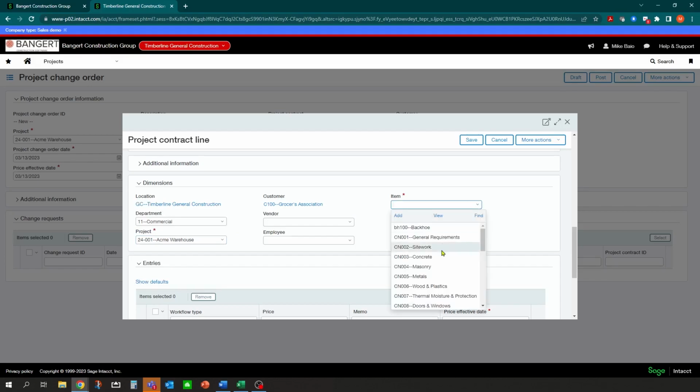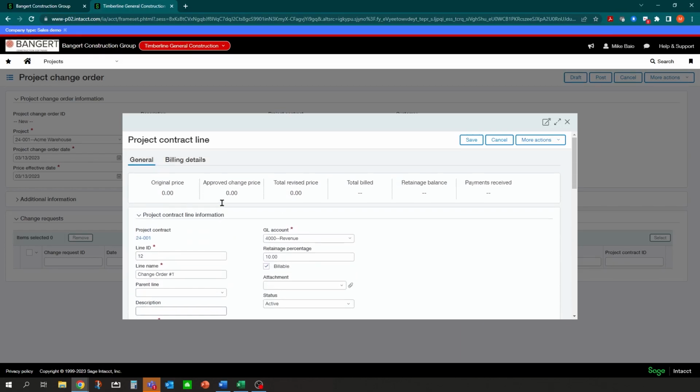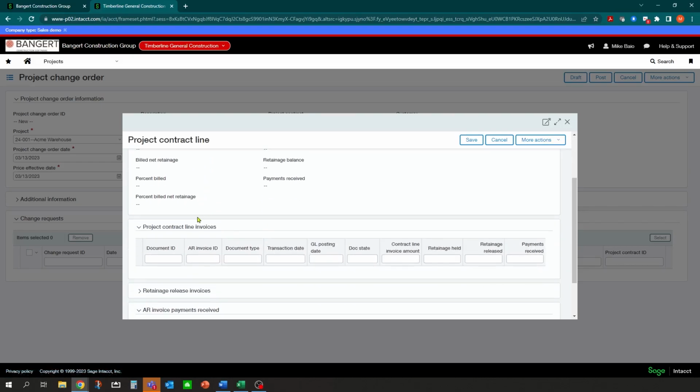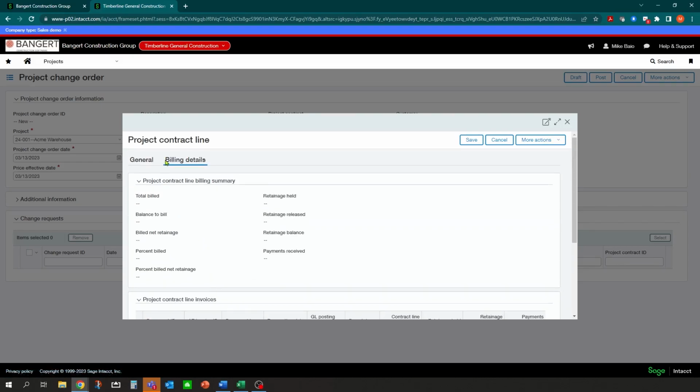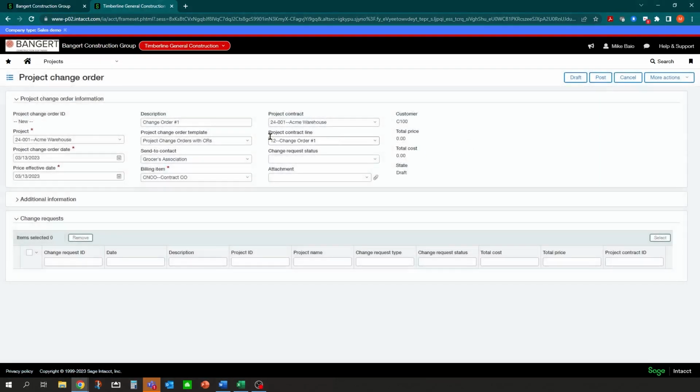And it does want that contract value again, which I'm going to use the change order line, and that's what I need there in this scenario. Now, what I'm not going to do is add a price here, because this is the original price, and we want that to be blank for this line. We want the amount to show up as a change order. So we're done here. Let me take a look at the billing details just to make sure there's nothing else I need here, and I do not believe I need anything else. And I'll click save. So what that does is that links it to our new contract line item, change order number 1, which is line item number 12.